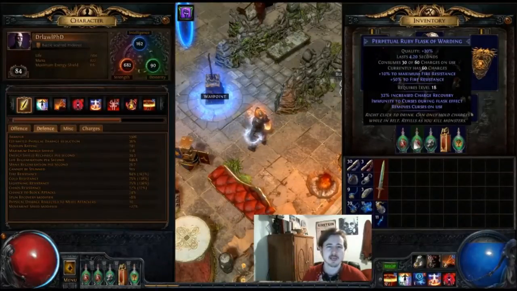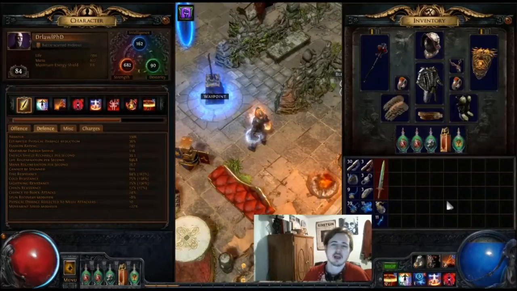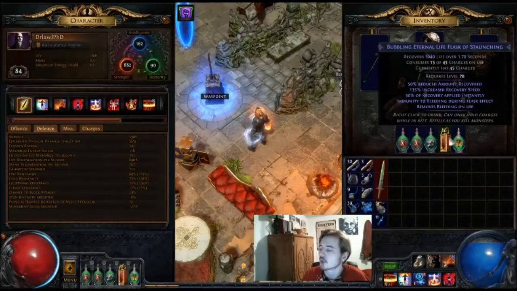Rubies pretty much act as health potions for this character because they give you increased maximum fire resistance, which increases it enough to where you're taking way less degen from that Righteous Fire, and this kind of acts as a health potion. Granite and Quicksilver, I just kind of switch in and out depending on what boss or what map I'm going for. And you probably don't necessarily need a Bubbling Eternal, but I have one. It's pretty nice